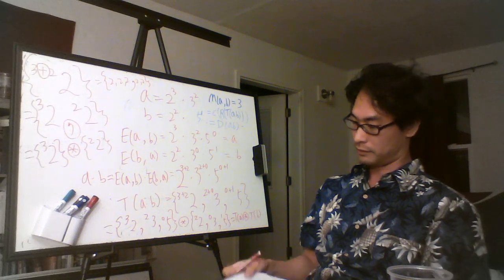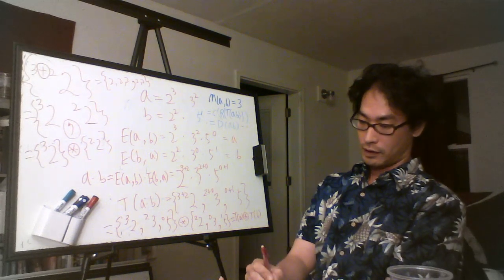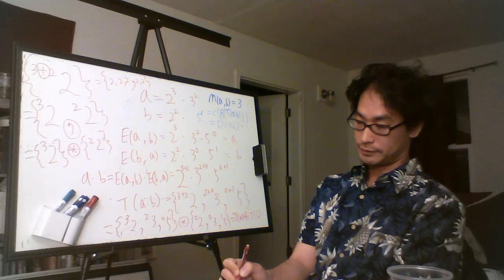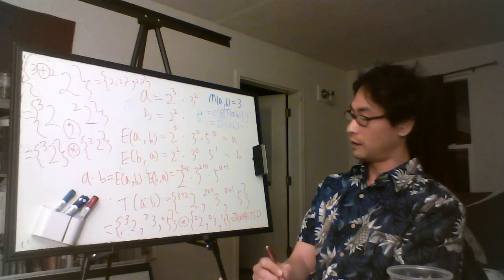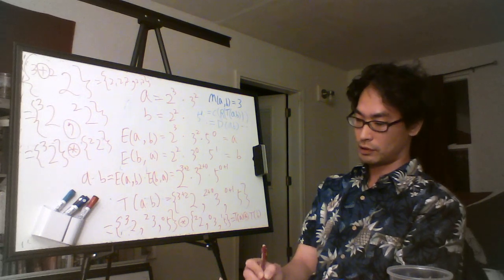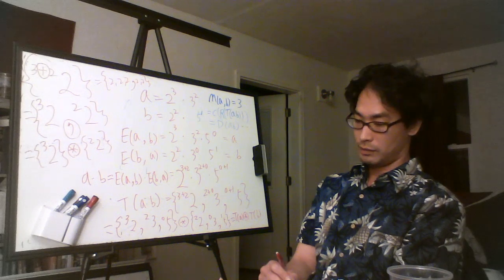Merge a function. So A is equal to 3 to the first times 3 to the second. B is equal to